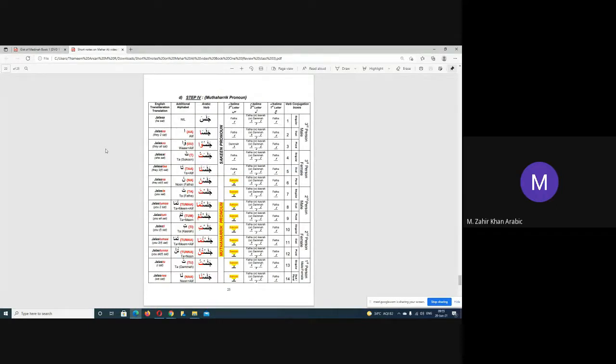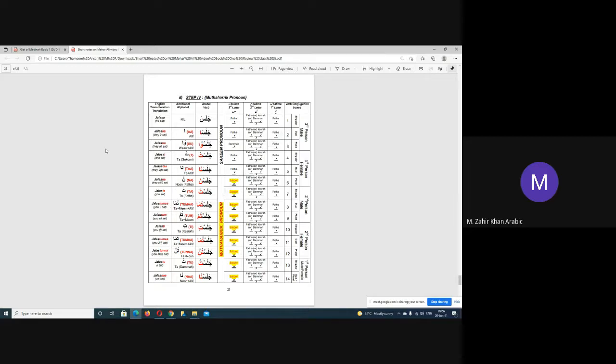For example, you can see the difference between sakin and mutaharrik. As I have told, in sakin pronoun, the third radical, the lam kalima, will have a vowel on it. So you can see fatha, fatha, dhamma, fatha, fatha. So what is mutaharrik pronoun? In mutaharrik pronoun, the third radical, the lam kalima, will have sukun on it. This is known as mutaharrik pronoun. So the starting mutaharrik pronoun will have one dot, which is noon with fatha, and the ending mutaharrik pronoun will have one dot, which is noon with fatha and alif.